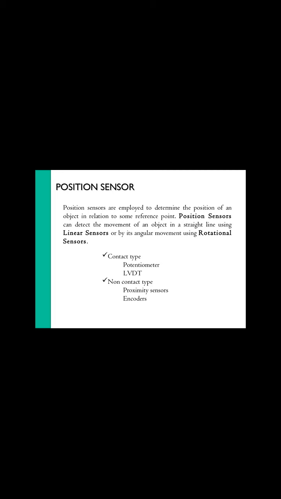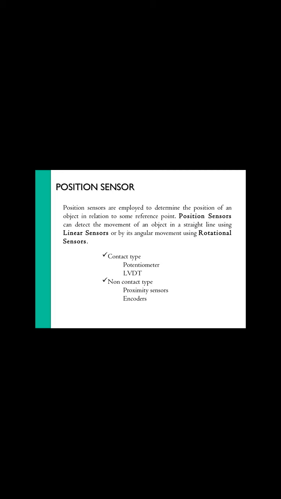In the industries, these position sensors are used mainly for the counting purpose. They can find the presence or absence of an object and keep a count. For example, if there is a large production unit, this position sensor can be used for counting the objects. These position sensors can sense an object. It can be used in the military for finding any bombs, something like that. So these are some of the applications of the position sensors.